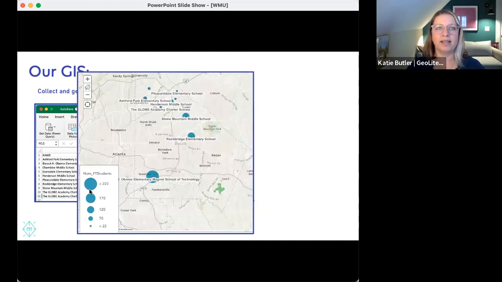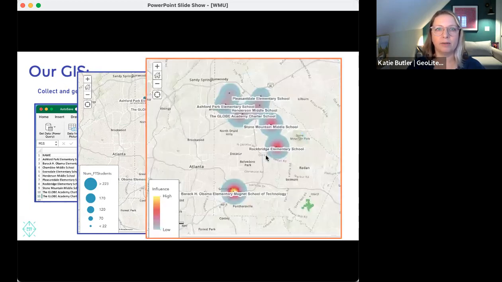Here's where we've just added the number of students who took a field trip to that map of schools. And the size of the dot is the size of the field trip. So you can imagine this in a report, an evaluation report, that the larger, you could even expand these even further, the larger the dot, the more students attended a field trip at our green park down here.